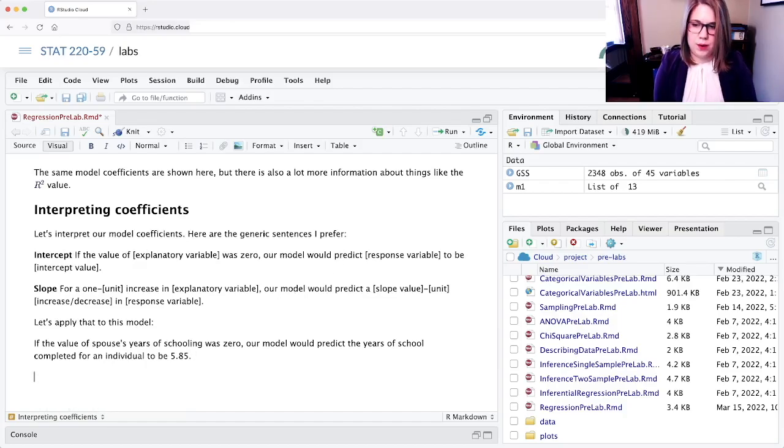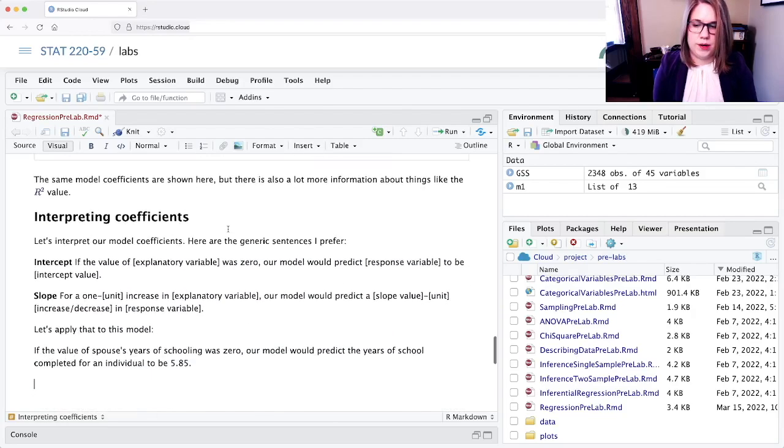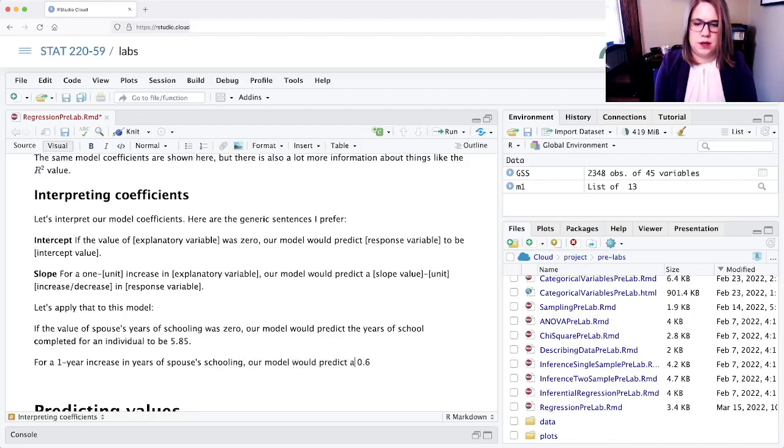And then the slope, let's go see what that slope was. I'm going to just round to 0.6. So 0.6 is my slope. Then let's see the sentence. For a 1, I need to figure out what the units are in the explanatory variable. In this case, I think they're years. For a 1 year increase in years of spouses' schooling, our model would predict a 0.6, that's our slope value,